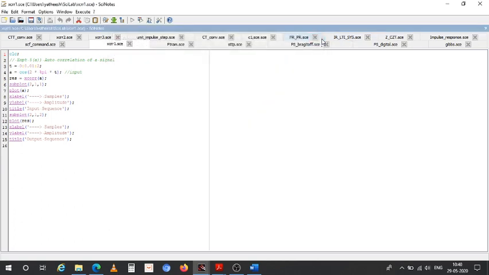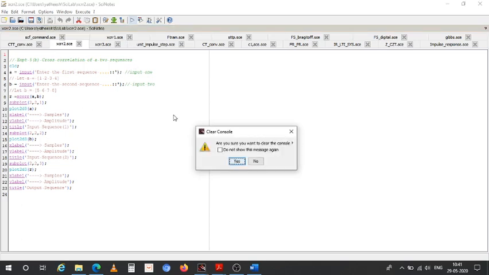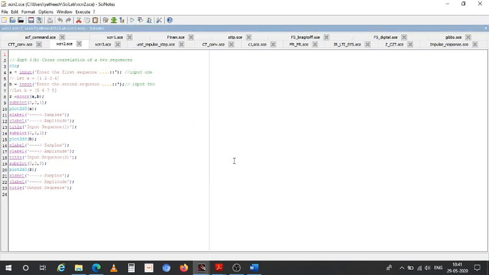So another program I will be showing for correlation, that is cross correlation. Here the user is asked to enter some input, for example 1 2 3 4 5 6 7 8, then pass it to xcor, then see the execution. So let us run and see.